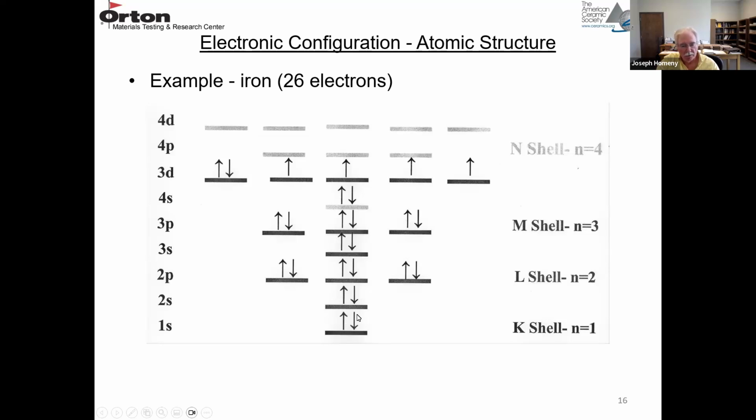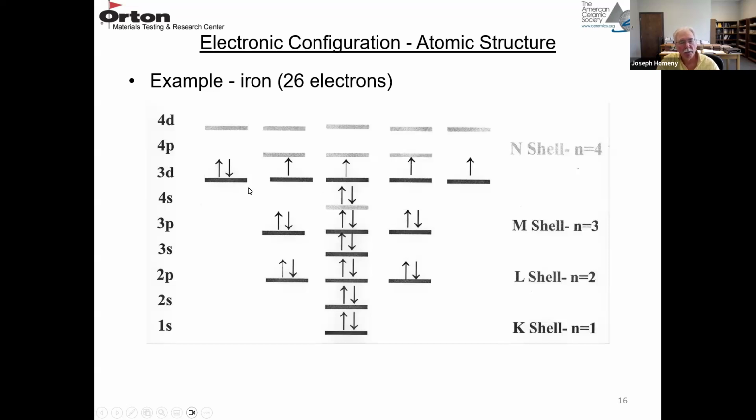So there's an arrow up and an arrow down. Each arrow represents an electron. The arrows in different directions are the different spin directions. So we have 2 in the 1s, 2 in the 2s, and then 6 in the 2p. Again, 2 in the 3s, 6 in the 3p,